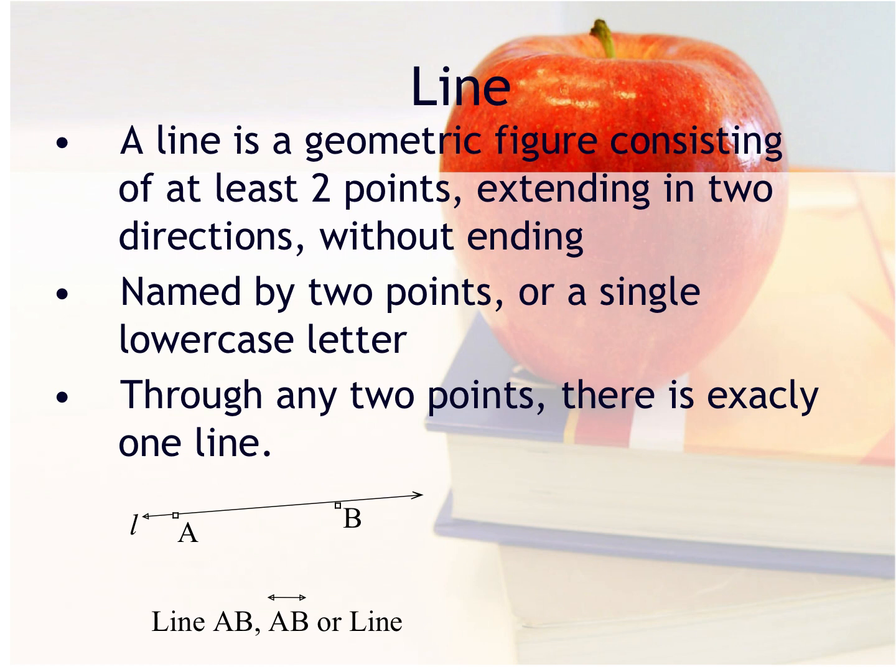A line is a geometric figure consisting of any 2 points, at least 2 points, extending in 2 directions without ending. When you're looking at a line, it's going on forever and ever. It's an infinite line, it's never ending, it's continuing, and it's named by 2 points or a single lowercase letter. So this little L right here is considered line L, or you could consider this line